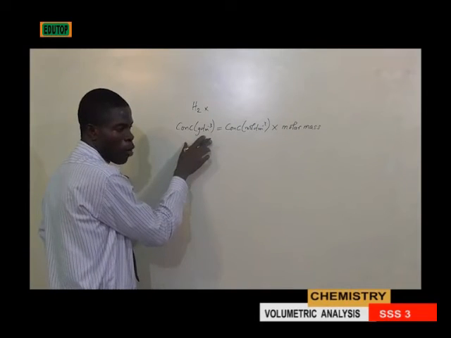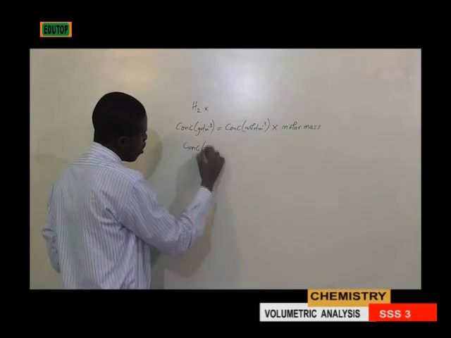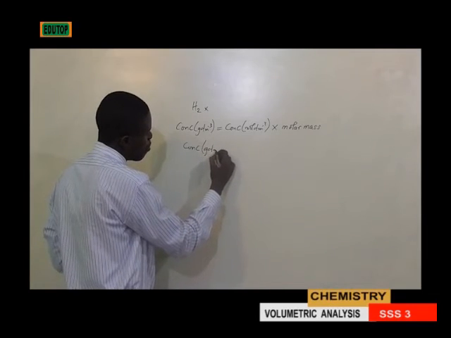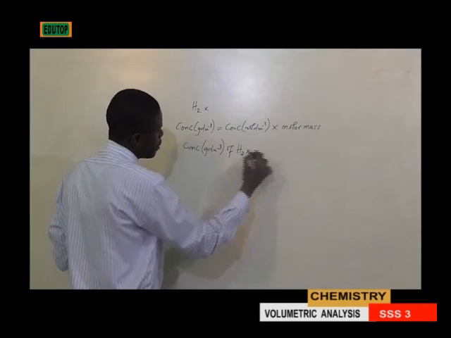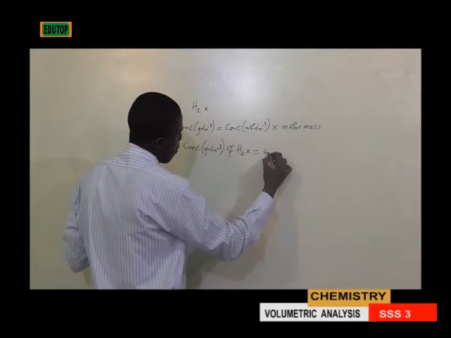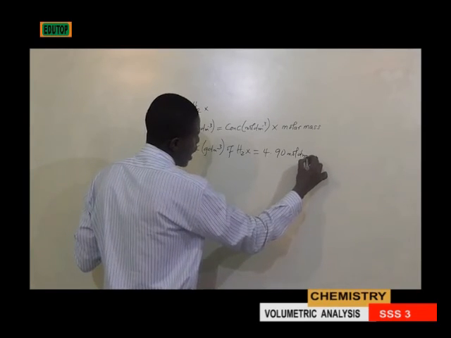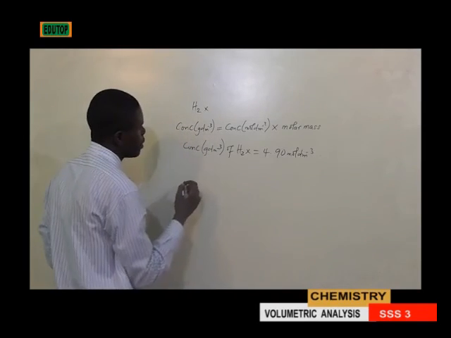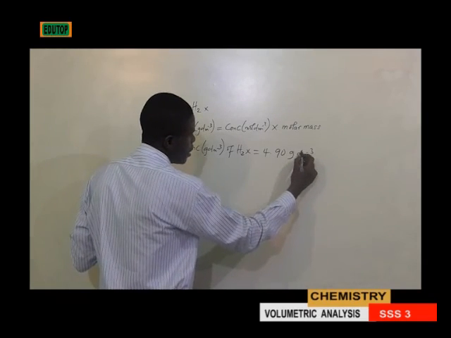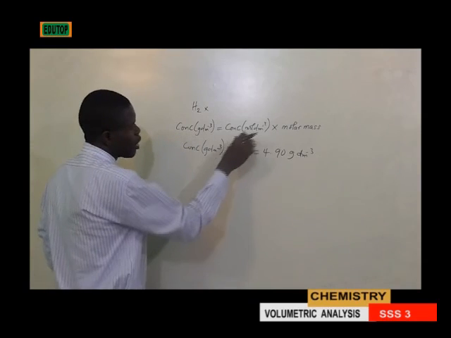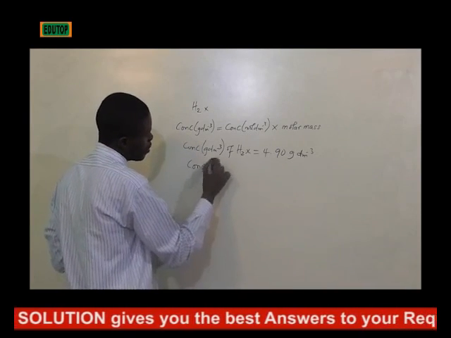From our calculation earlier, the concentration in gram per dm cube of H2X is 4.90 gram per dm cube. Then the concentration in mole per dm cube is also